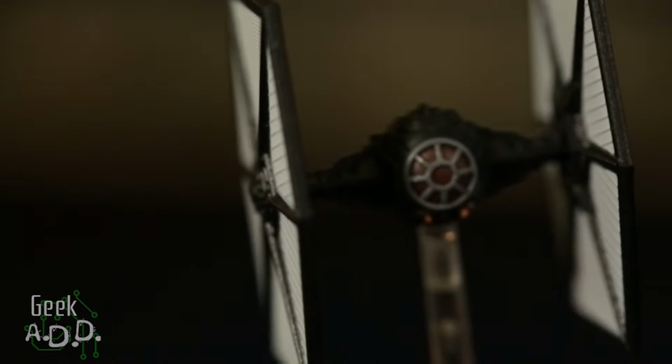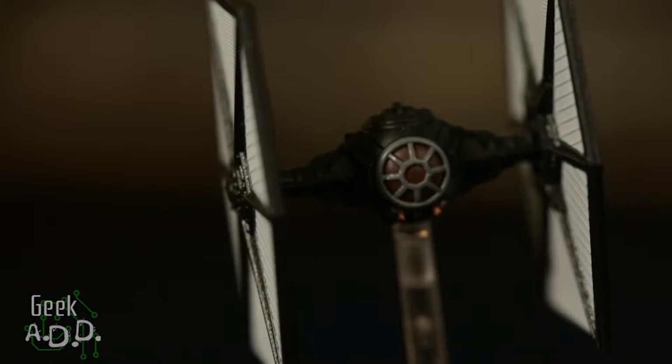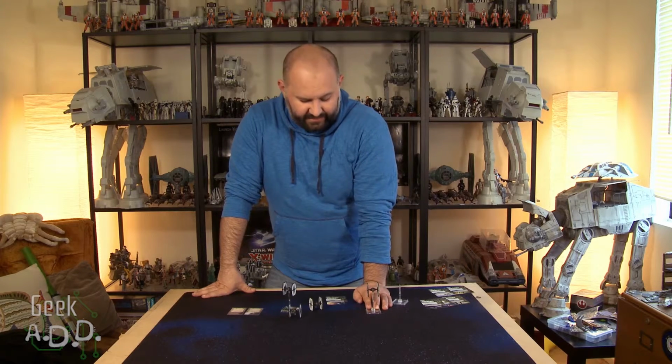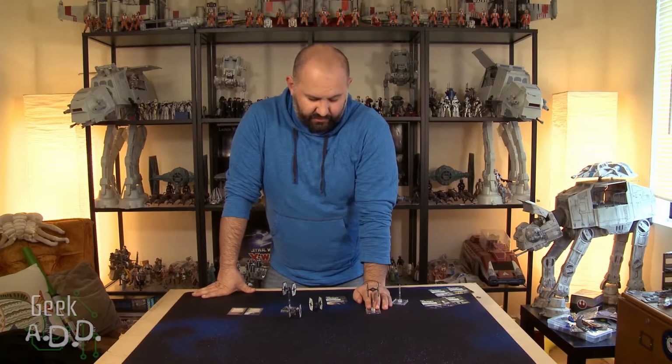I feel like there's a theme with these pilots where if you ignore them, you will regret it. The offense of a TIE fighter isn't all that great. It's only 2 attack dice, but I feel like if you ignore Epsilon Ace...